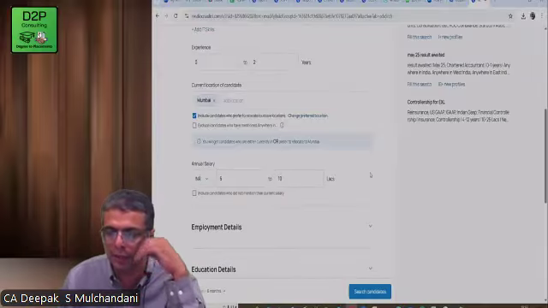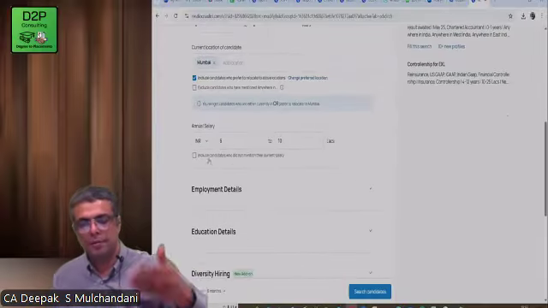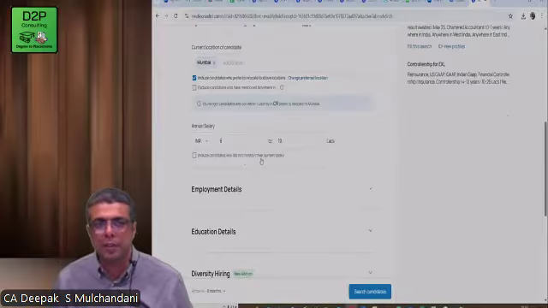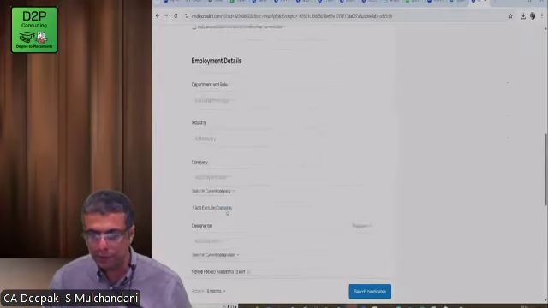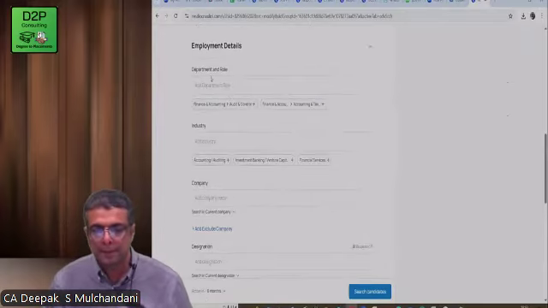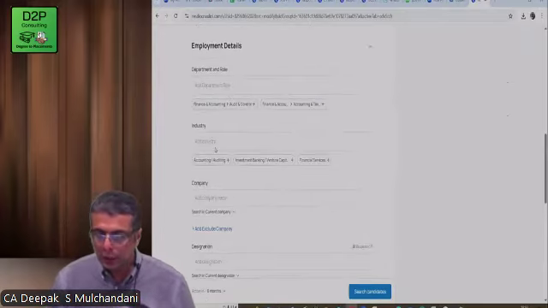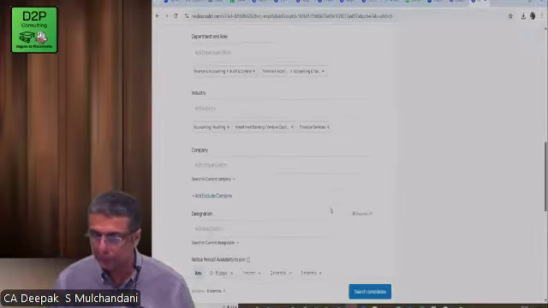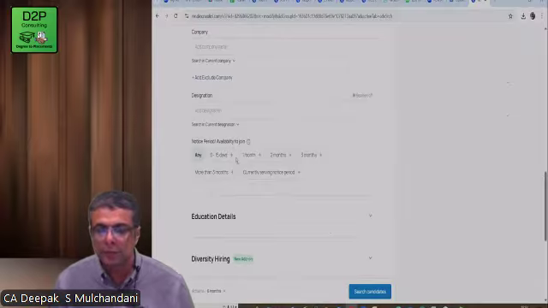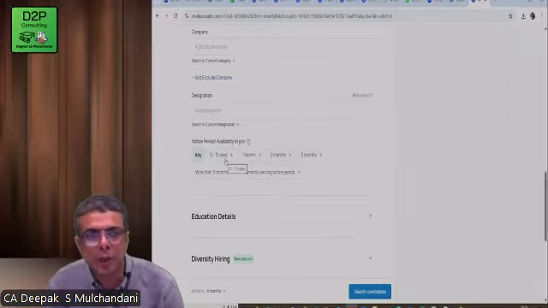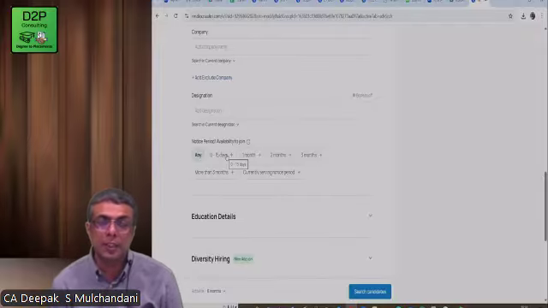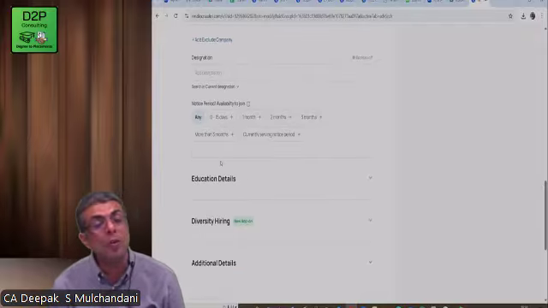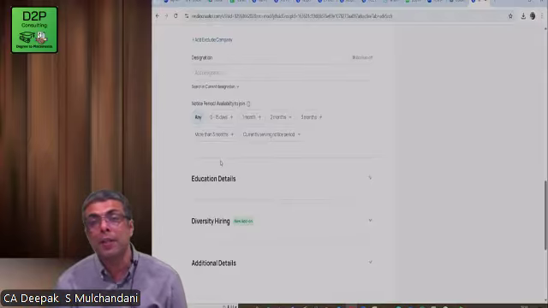Six to 10 lakhs. Okay. And then if I have certain choices, like a candidate who did articleship here, I can bring that up too. And then if I put up a search for notice period, when are you available to join? So see, such a level of filtering can be done without even looking at your CV, and the data will be picked up from what you put in the Naukri profile.